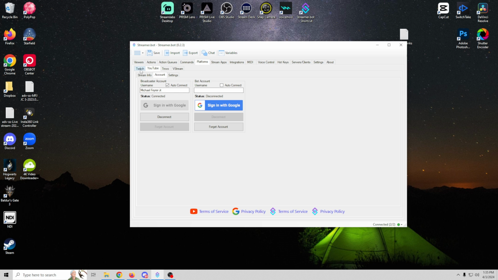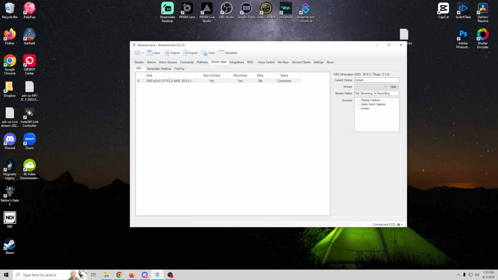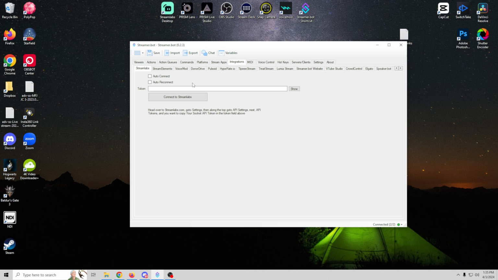Platforms, obviously Twitch, YouTube, Trovo, VStream. This is where you set up the platforms that you're going to be streaming to. Streaming apps allows you to set up the platforms that you're going to use to stream. So they've got OBS, Streamlabs, and Polypop. Integrations is a list of all kinds of applications and websites that you can use to increase the functionality of